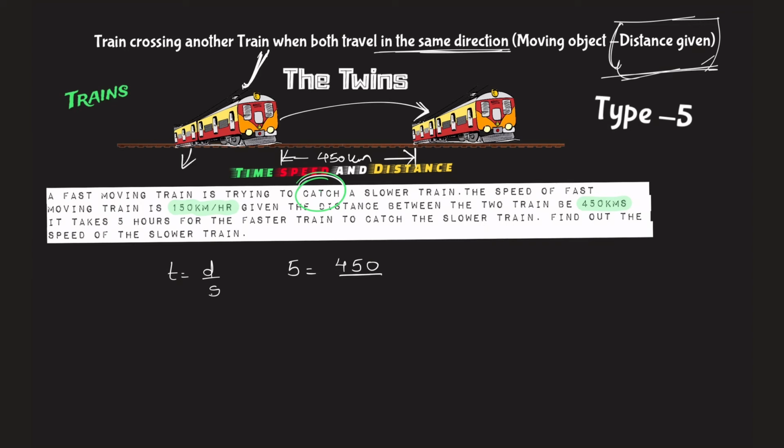Ideally, if this was stationary, I would have just written the speed of this train as in train crossing the bridge. I hope you remember that, type 2. But what is happening? This train is moving and this train is also moving. So this train is moving, so subtraction of the speeds. What is the speed of this train? The fast train is moving at 150 km per hour. If this train was stationary, I would have taken the speed as what? 150 km per hour, if the first train was stationary.